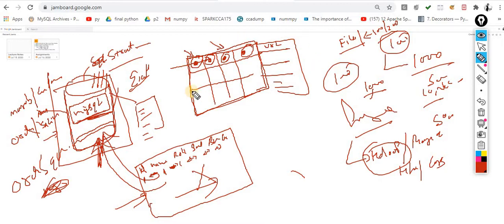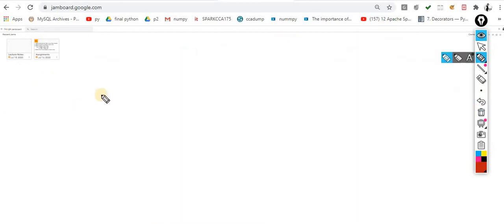Now I think the picture is clear when we have to use what type of database, because in industry without database connectivity the files are not fully completed. You have to use some kind of connectivity to store the data, whether it's files or MySQL. So now move to the next content.